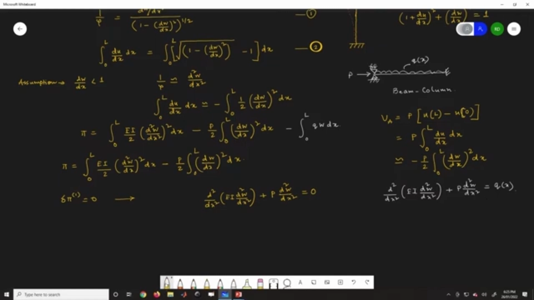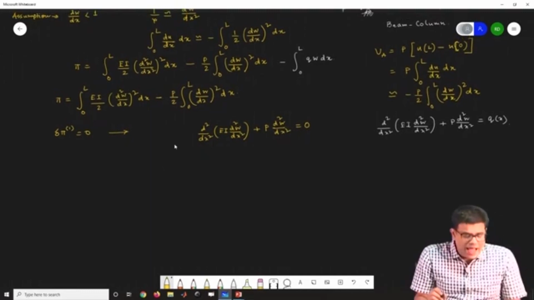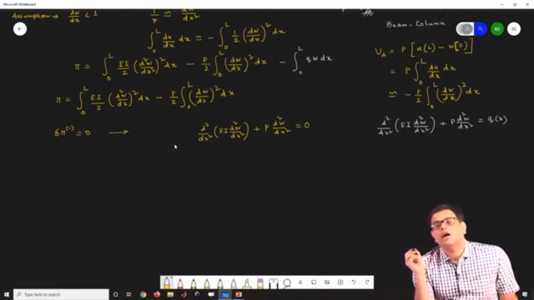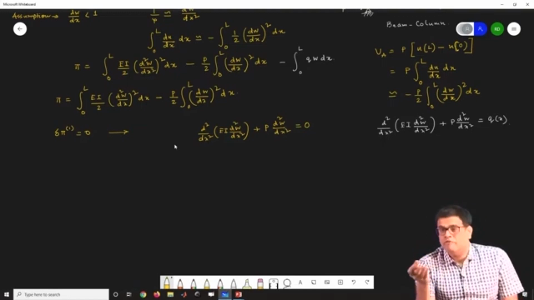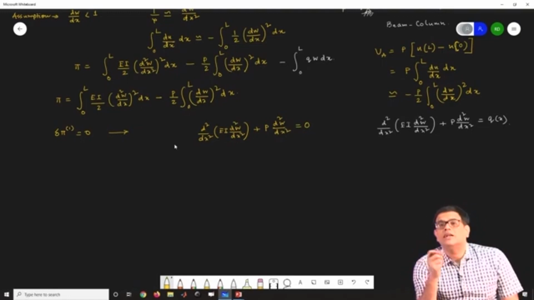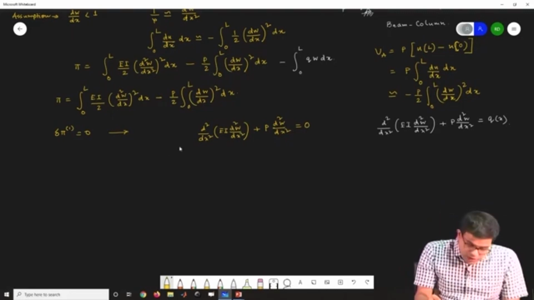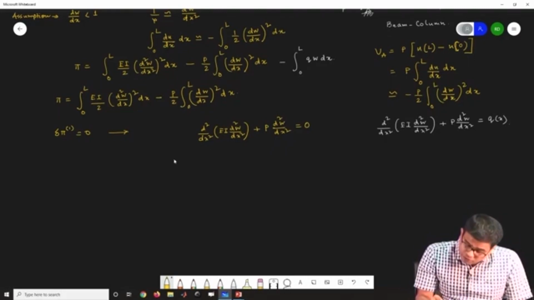So now once we have this equation, this is just minimizing the standard potential energy of the beam column problem. Now here again we will have the boundary term also. The variational process will also generate the boundary term or the boundary conditions associated. So the boundary conditions are similar to the beam problem, but the only difference is that the first term is